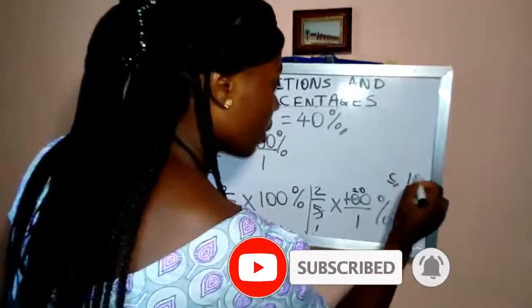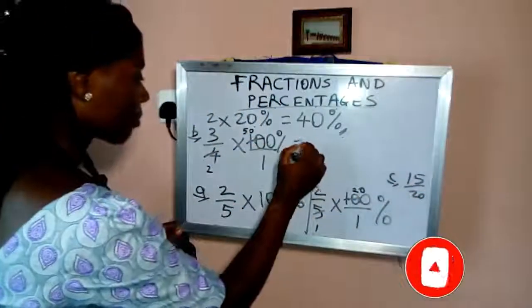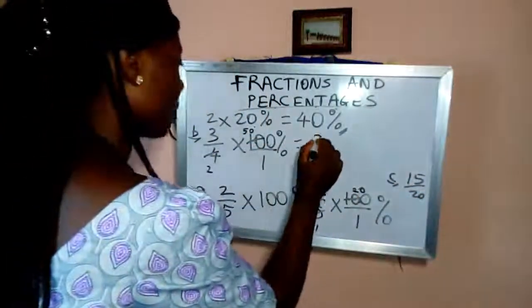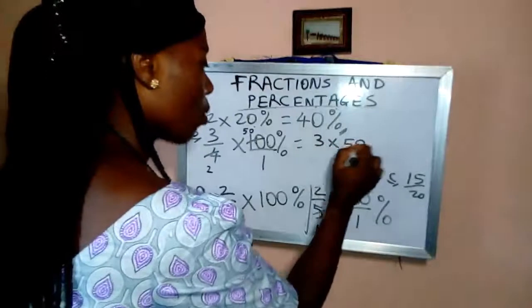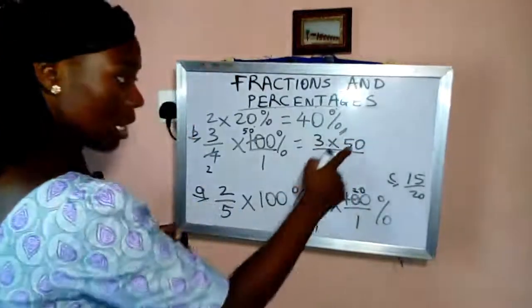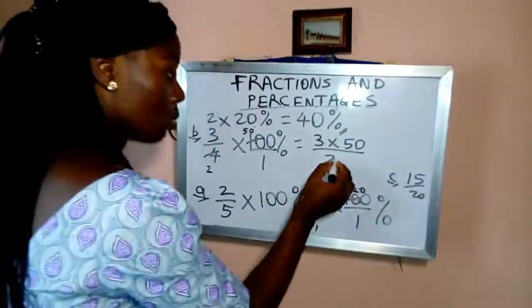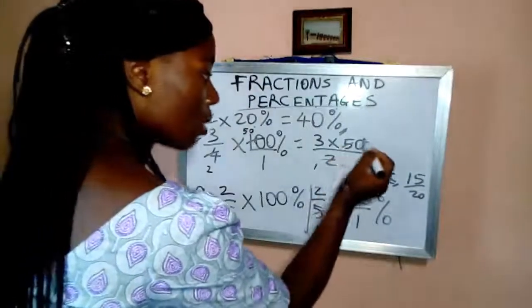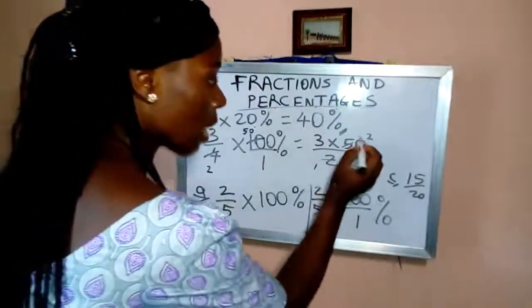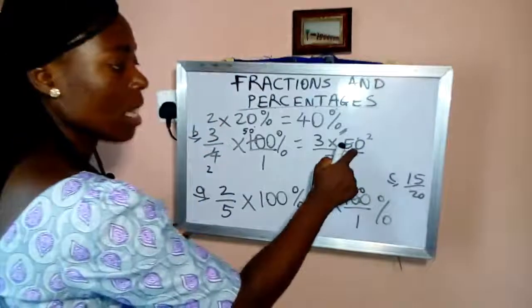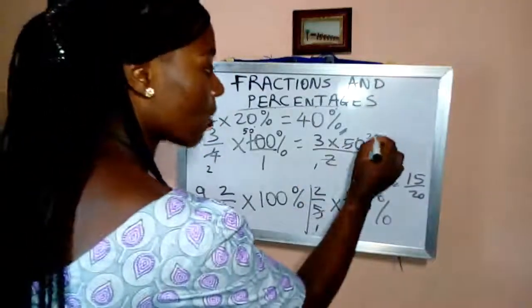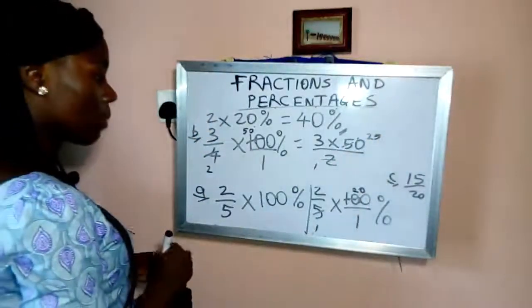Here, 15 over 20, okay? So what we have remaining is 3 times 50 over 2. But 2 can still go into 50. 2 here, 1. 2 into 5, it will give me 2, remainder 1. I put my 1 here, makes this 10. 2 into 10, I have 5. So what I'm left with is